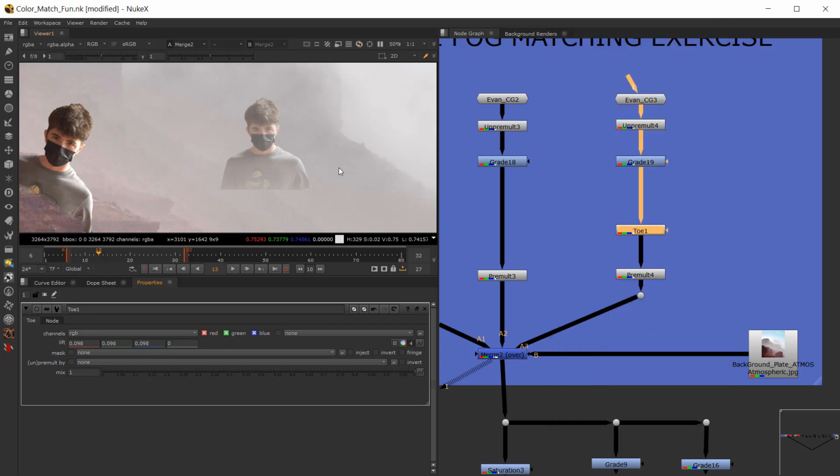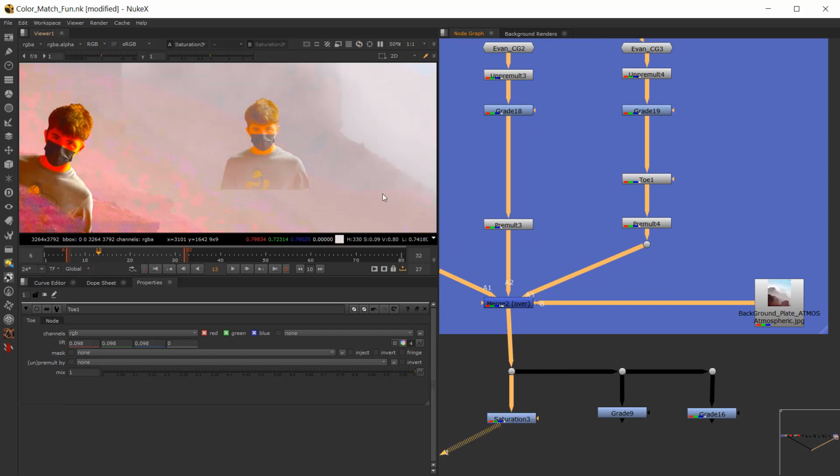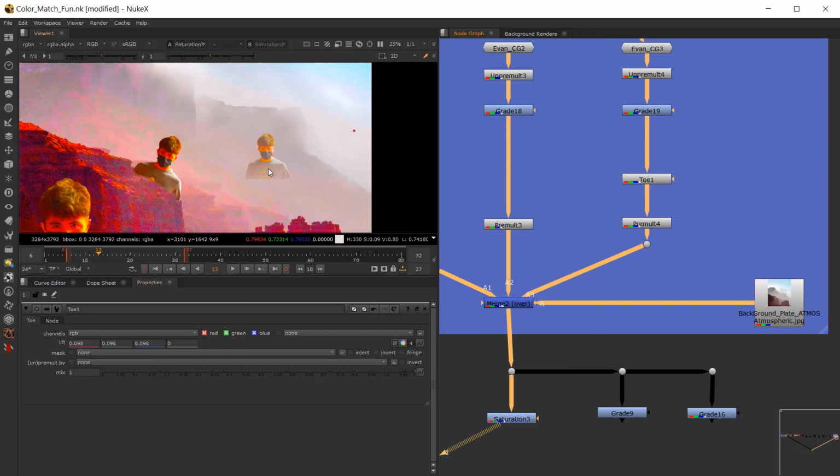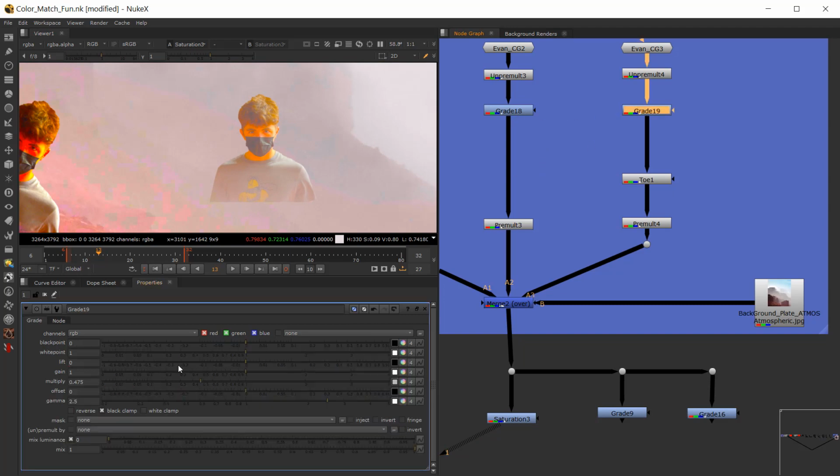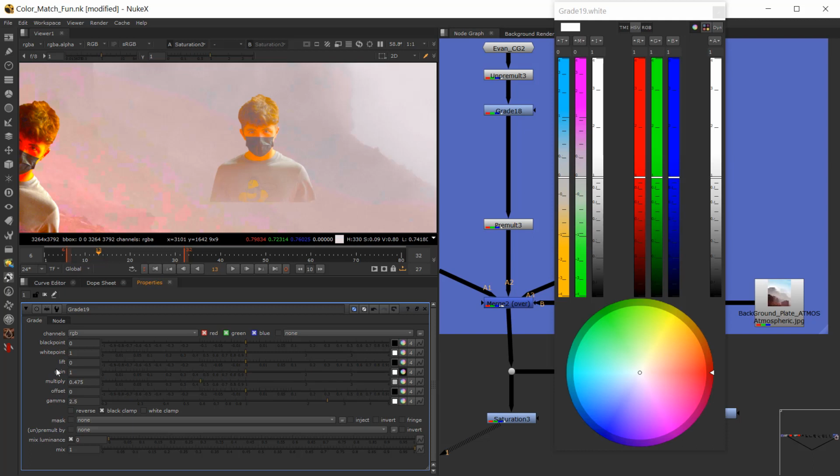And then the highlight information, as far as the saturation, we're getting this kind of purple-esque spiel going on. So again, I'll go to this grade, I'll use gain this time. They're both the same thing. Gain and multiply are the same multiplication process. So I can come in here and maybe dial down, move towards magenta, move away from,